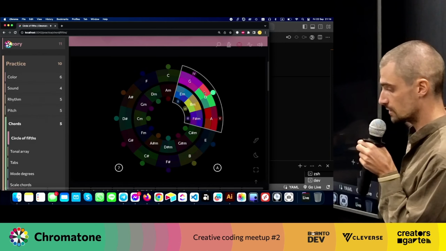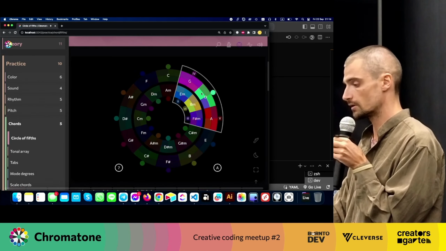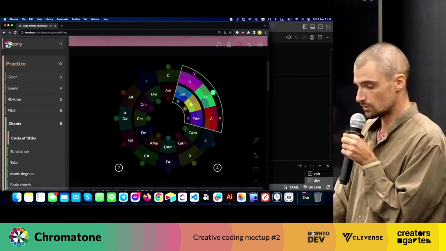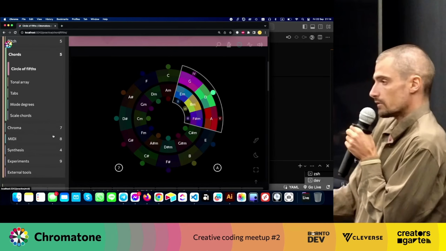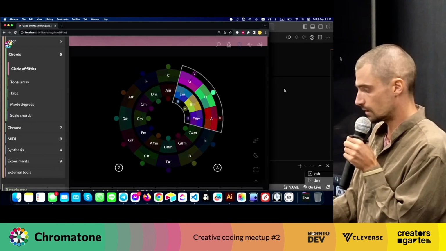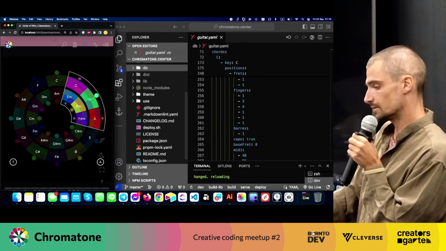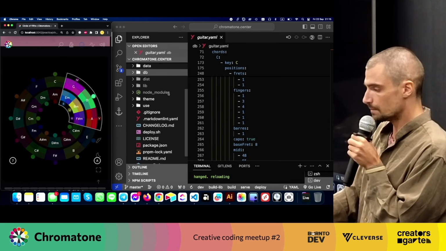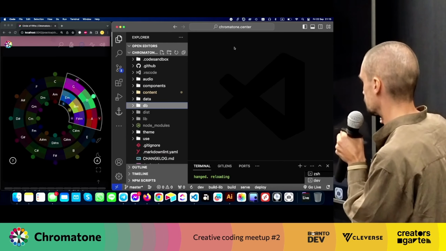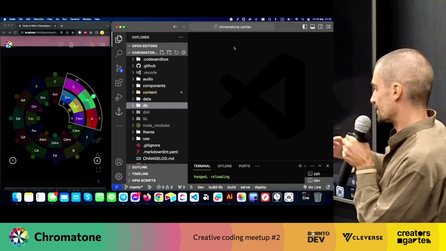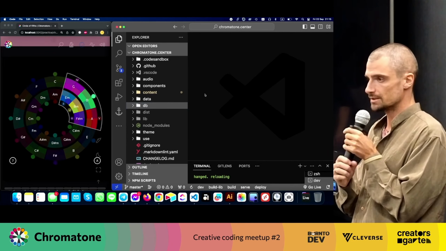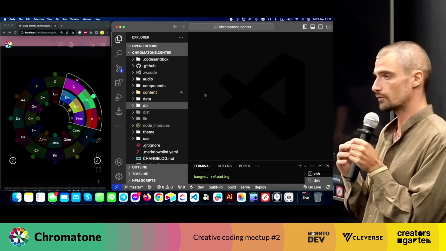These are the same. This is a D chord, but in different inversions based on different notes and different combinations of them. So I cannot cover all the possibilities of this system and this build setup, but I hope I could show you this space of possibilities, because my idea is that Chromatone is enabling people from all over the world,